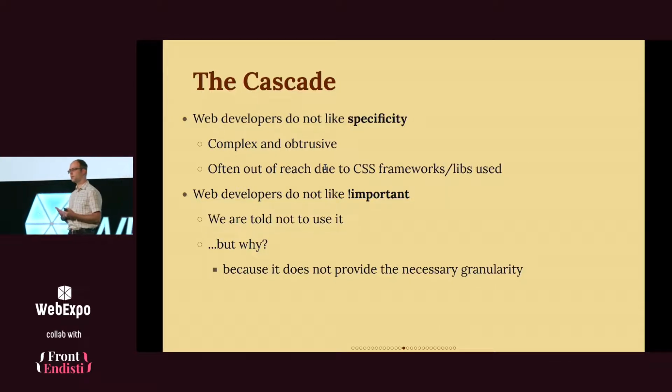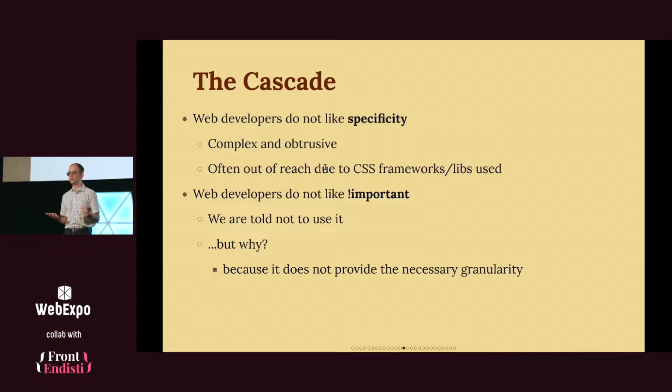In an introductory course to CSS, the teacher often says, "So kids, let me tell you something, we have this important thing, and you should not use it. Do not talk about it." The question is why? Is it forbidden? Does it kill kittens or something? No, the true reason why we do not often use the important suffix is because it doesn't provide the granularity